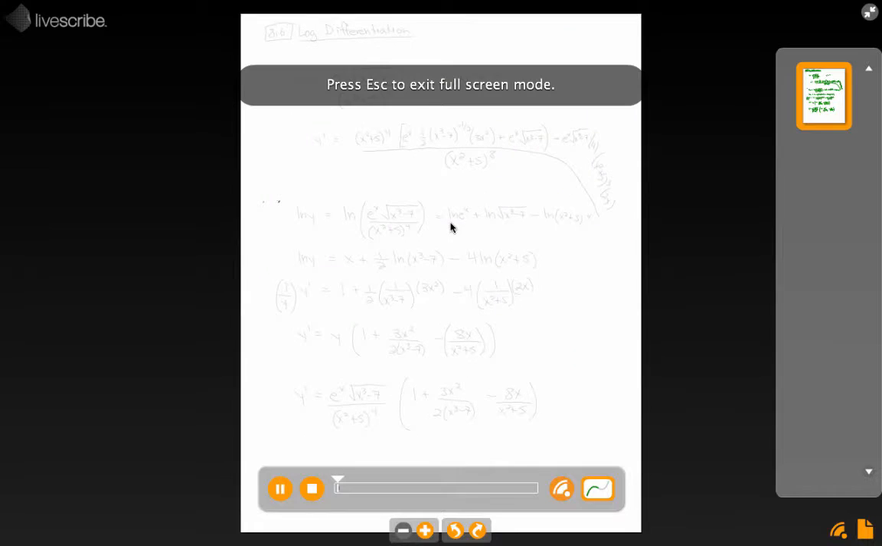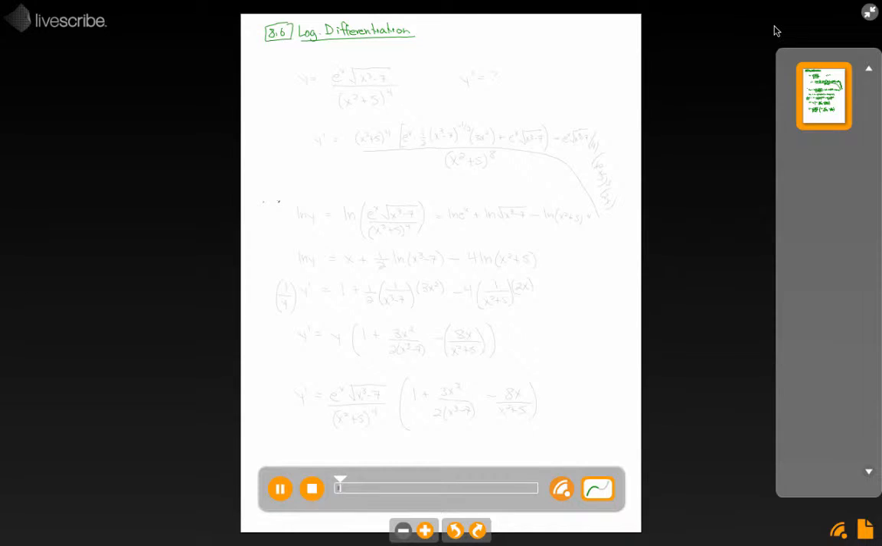This comes out of section 8.6, logarithmic differentiation. It makes some derivatives quite a bit easier. Say, for example, we're given something extremely onerous here, where we've got all kinds of stuff going on, and so if we were asked to differentiate this